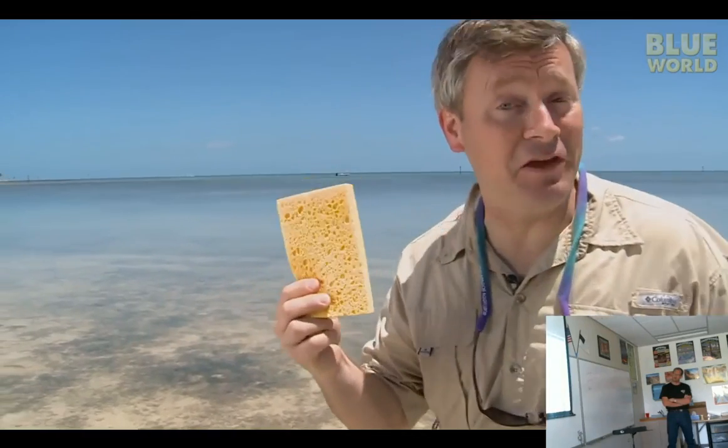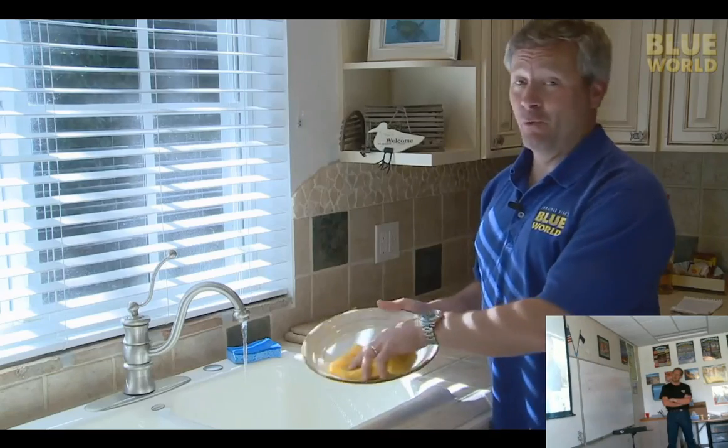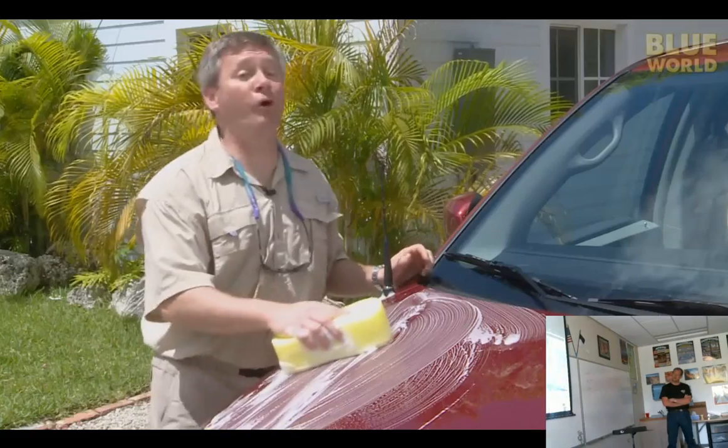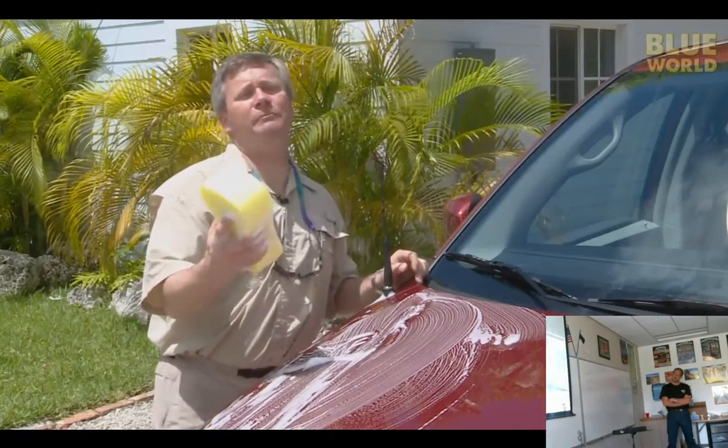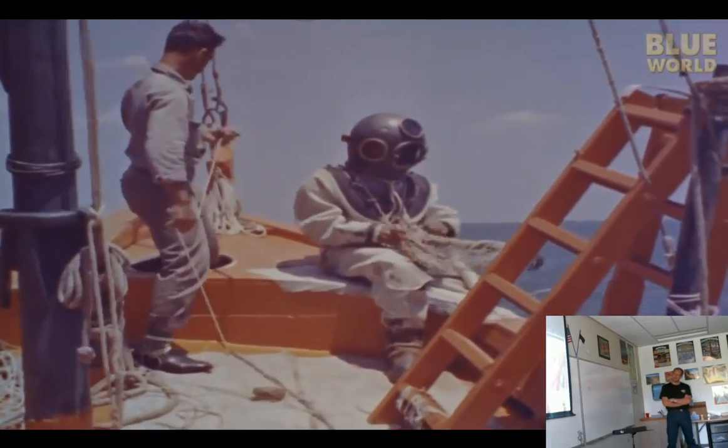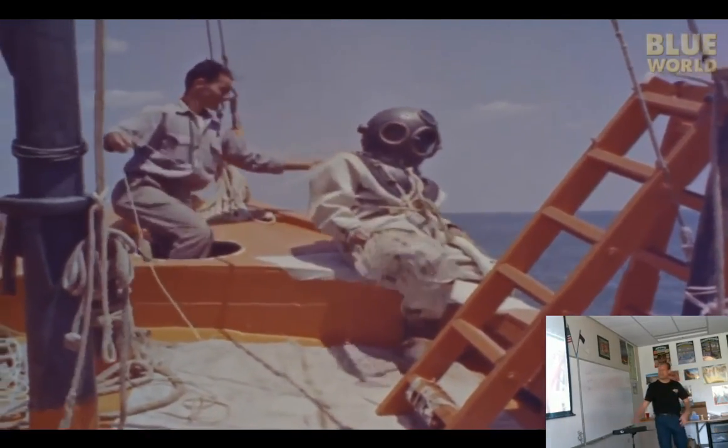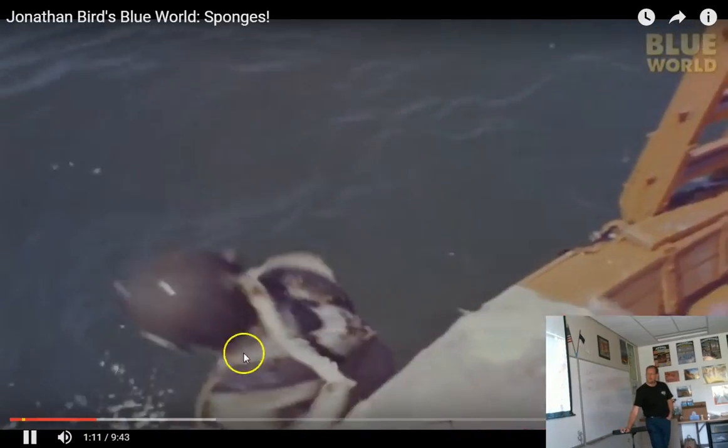Those are so fun. When people think of a sponge, they usually imagine something like this. A cleaning sponge for washing the dishes. Or for washing the car. Cleaning sponges are synthetic these days. But they used to come from the ocean. Back in the days before we had synthetic sponges for housework, cleaning sponges did come from the ocean.